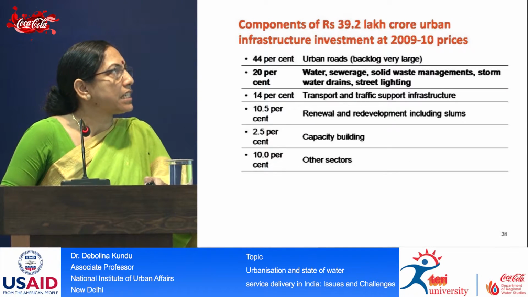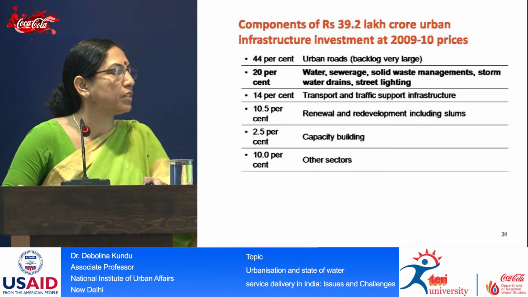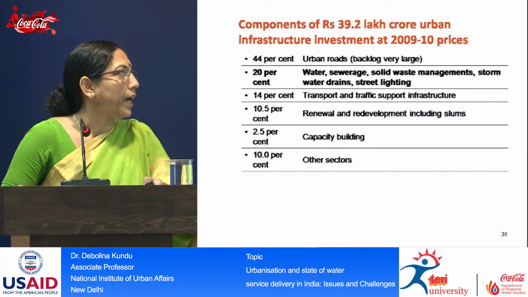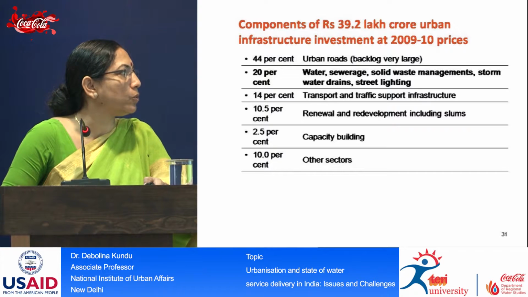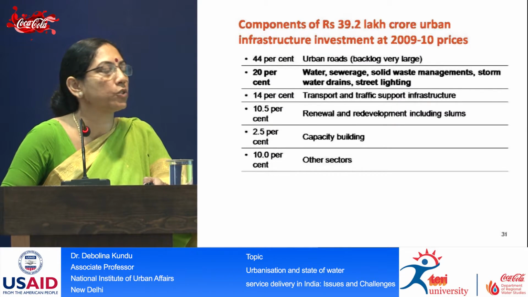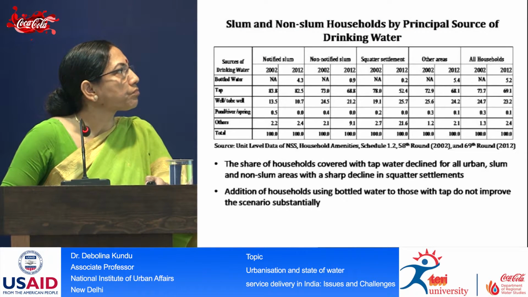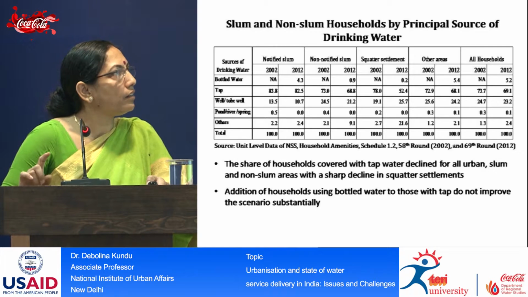When you look at the distance to fetch water by slum and non-slum households, we find that the share of households with principal source of water within premises is almost half in slums as compared to non-slums. And among slums, the improvement has happened only for the notified and non-notified slums, but not for the squatters, where there has been a decline. The bathroom facilities also report a similar trend. I have added